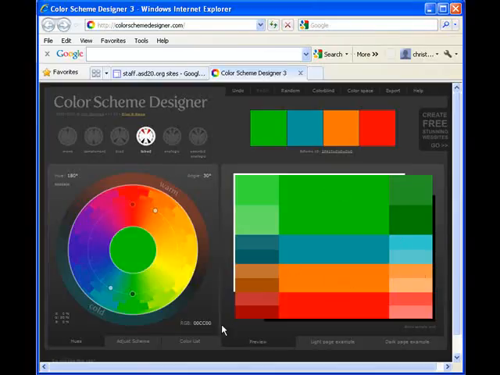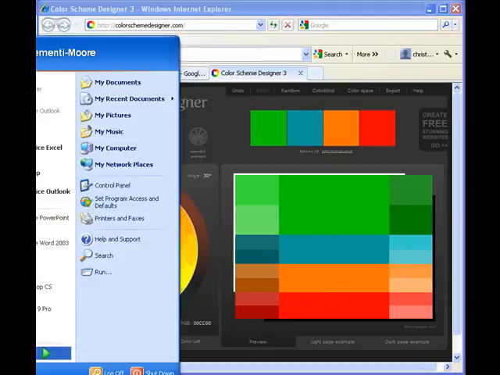I'll go ahead and look through these to see if I want to use any of them. And I like the various combinations here. So what I'm going to do is click on Print Screen because I'm going to use colors from this for my website. So I'm going to print the screen and open up the